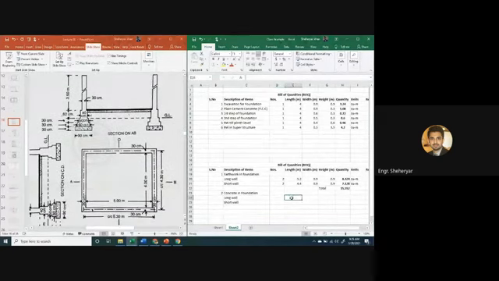Now you have to calculate the length of the long wall and the length of the short wall for concrete in foundation. What will be the length of long wall and what will be the length of short wall for concrete in foundation? Sir, this will be the same, 5.2 and